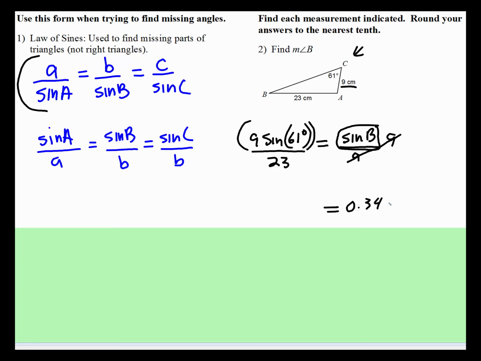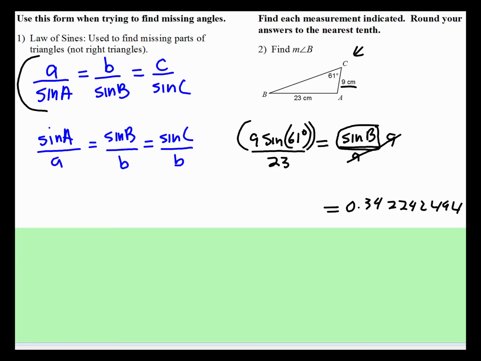And remember, when you try to find an angle, I would hit store right there on your calculator, because you're not going to want to retype that in. And so now, if you hit second sine,